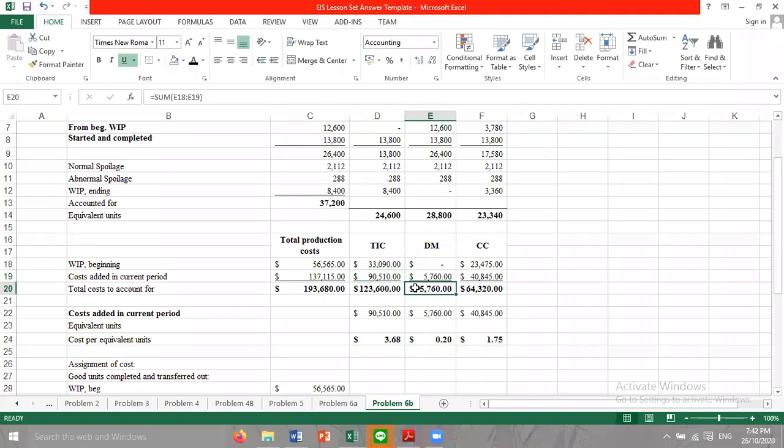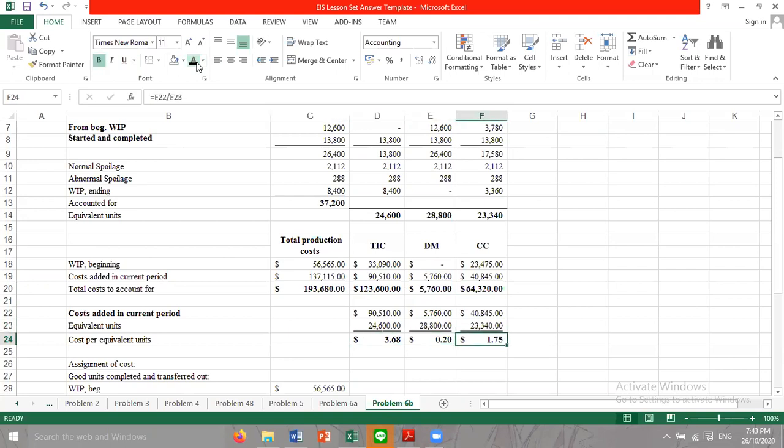Then we sum it up to get our total cost to account for. And once again, we put them here in cost added in current period: 90,510, 5,760, 40,845. And then we just input the equivalent units, 24,600, 28,800, and 23,340 to find the